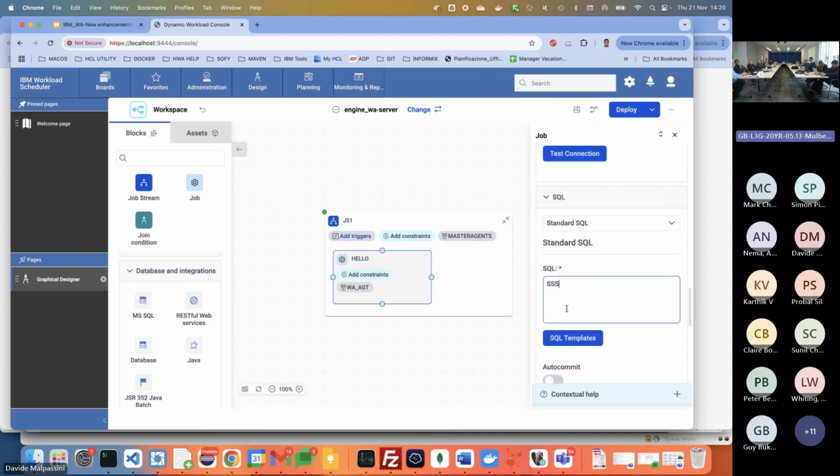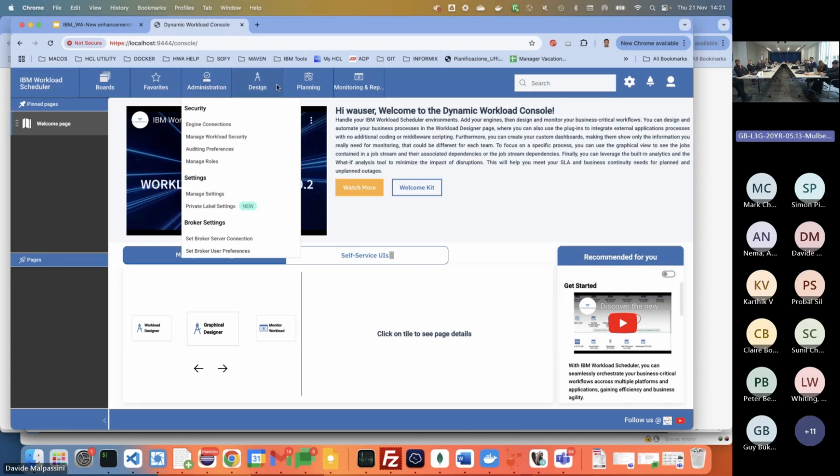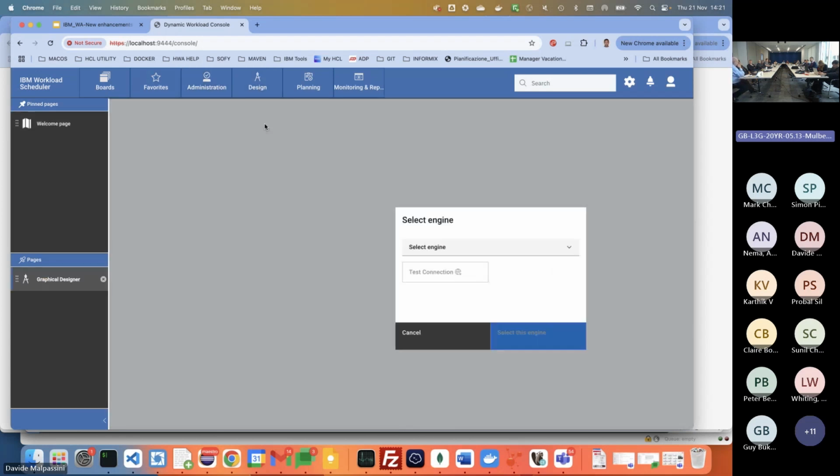Treatment. Okay, now I can say, can deploy it. If I do, it will create this job stream inside. But if I don't, for any reason, I have a problem. The laptop goes down. Okay, I lost the connection, everything. I could re-enter, and if I go to the design,